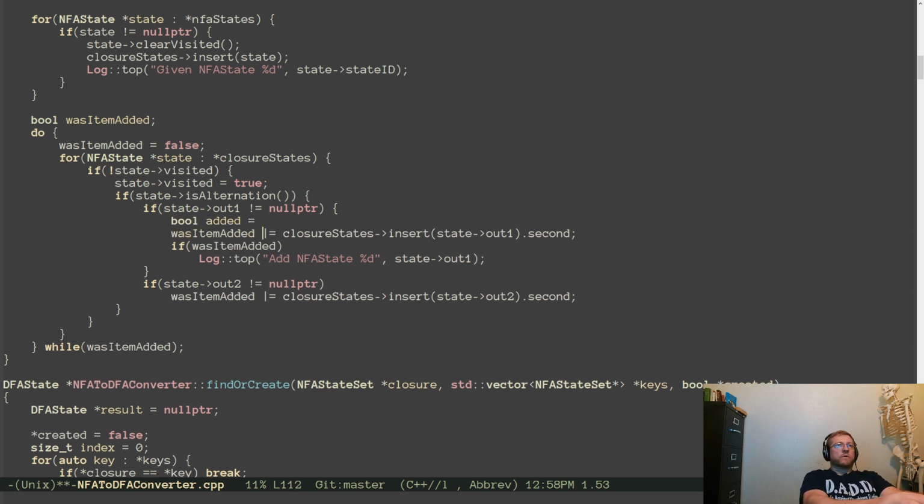Bool added equals this if it was actively added.